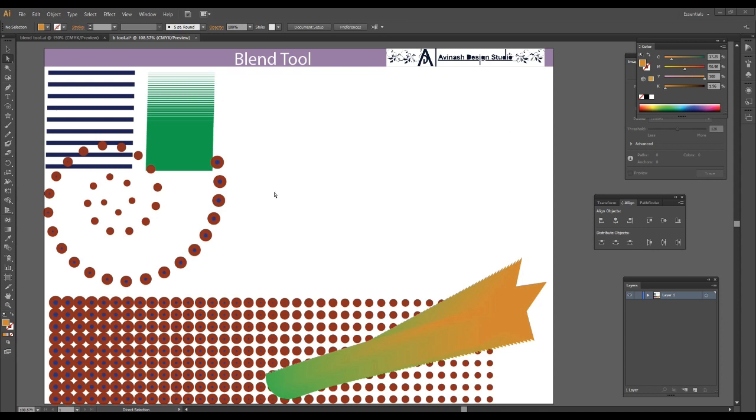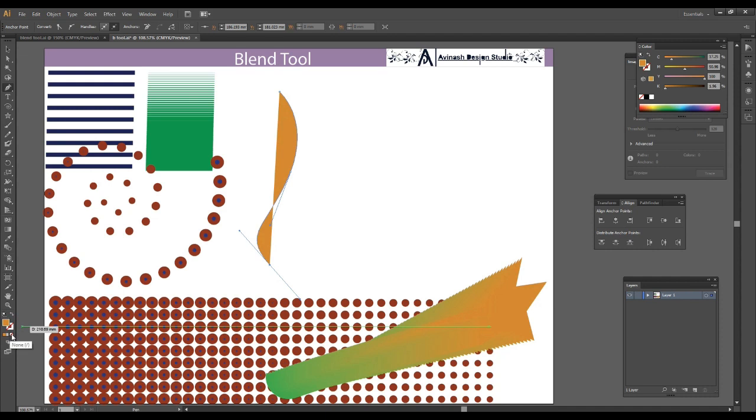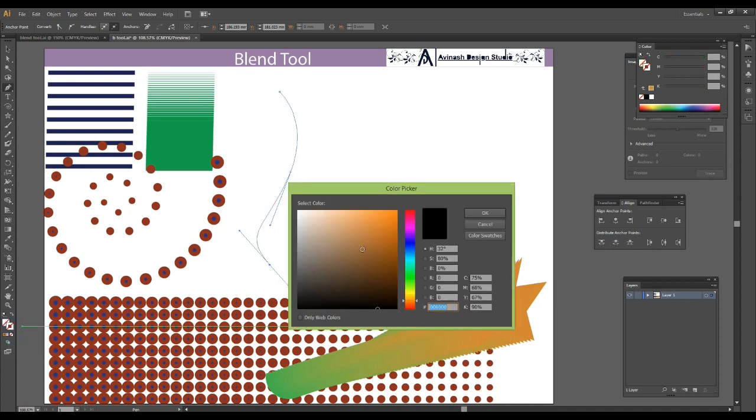We'll make the next experiment with different lines, like we'll draw some lines. We'll draw maybe these lines and any random lines. Now this time the fill color is no color, and the outline color you can choose any color.